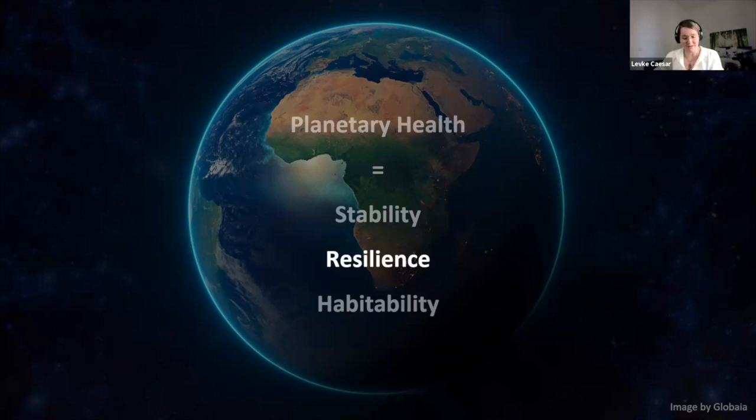When we talk about habitability, or basically life support functions, we refer to essential processes provided by the Earth system that sustain life. For example, we don't just have liquid water on Earth, which of course is a prerequisite for life, but we also benefit from a functioning freshwater cycle between soils, plants, and the atmosphere. Additionally, we have these stable temperature ranges that support life in many regions. And for example, we have also an ozone layer that protects us from harmful UV radiation. So all this together is what we call planetary health.